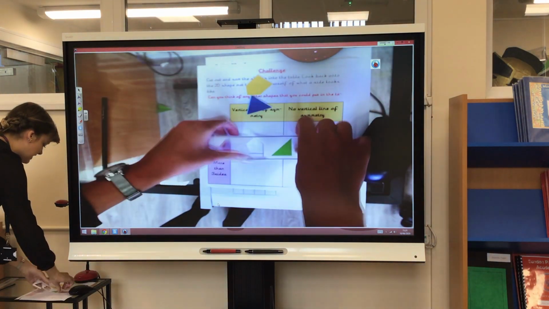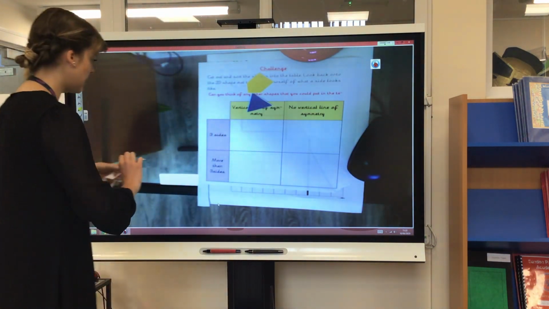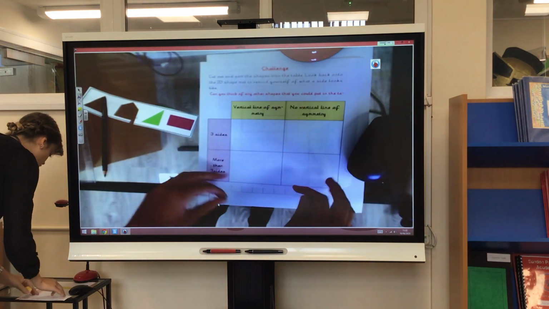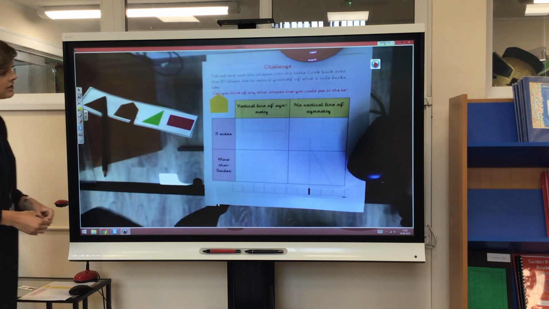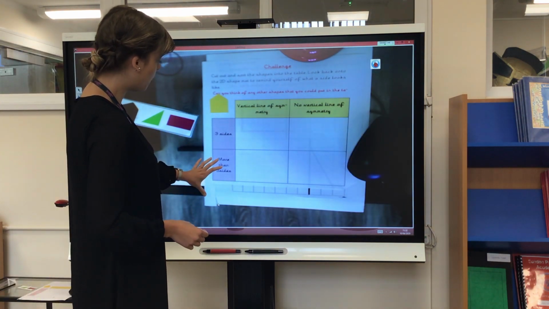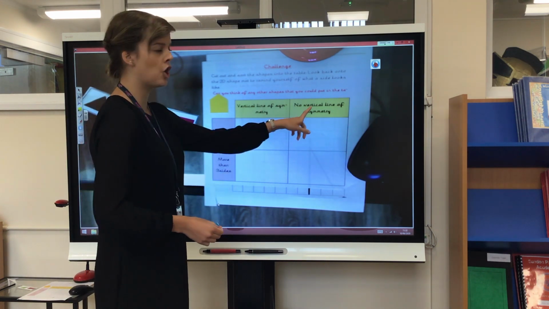Now your sheet might look like this, with some shapes. I've already cut 2 of them out to save me a bit of time. And you've got this table here where you need to cut and glue the shapes and put them into the correct parts. So I've got 3 sides, more than 3 sides, a vertical line of symmetry and no vertical line